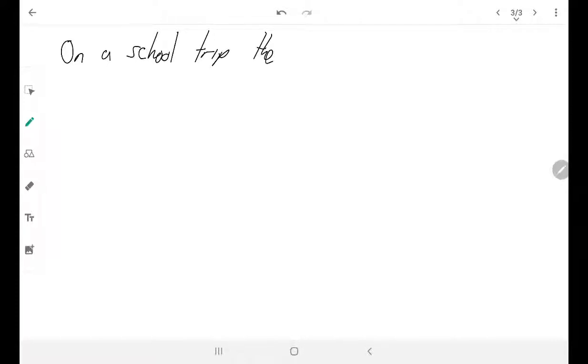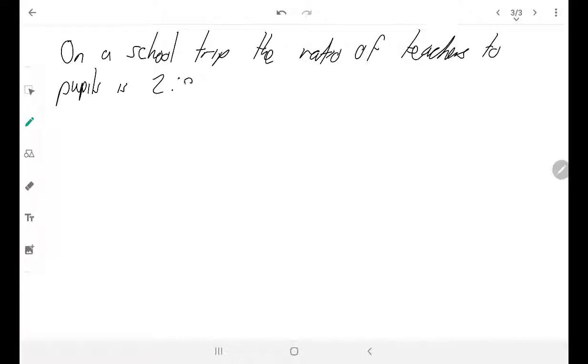The ratio of teachers to pupils is 2 to 9. Given a total of 55 people